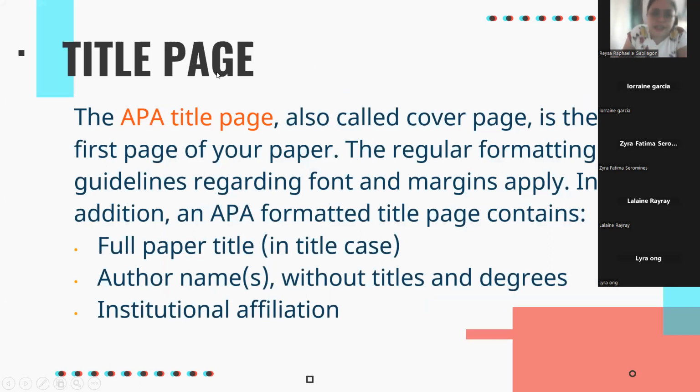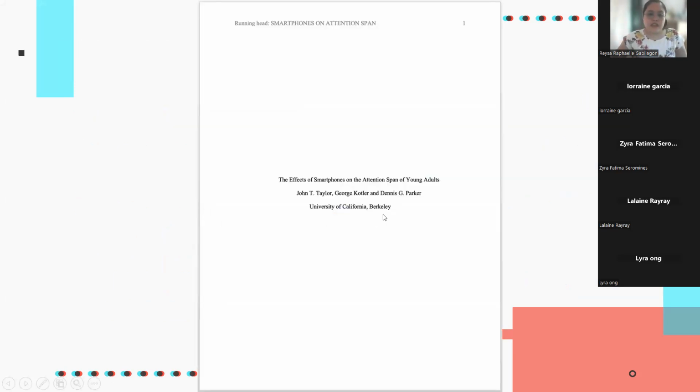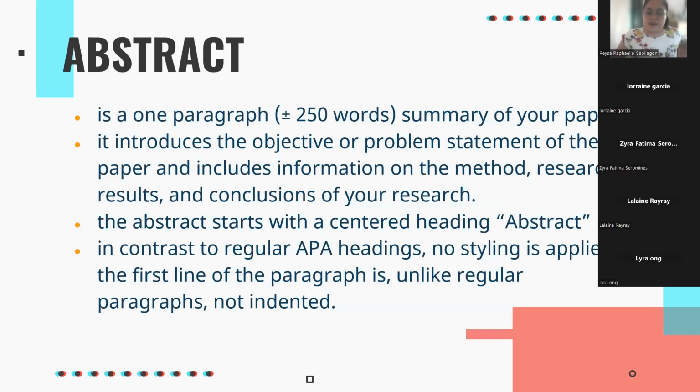And then you have here the title page. Of course, the title page will have the title of your paper, your names as the authors or the researchers, and then the institutional affiliation. This is the real APA format supposedly, but in our school, please follow this one except for the capital title. We don't capitalize our title there. Okay? I showed Abner's group's paper last time, a while ago.